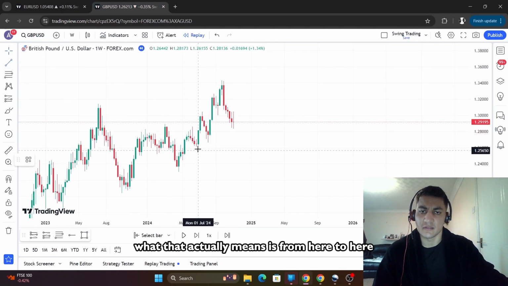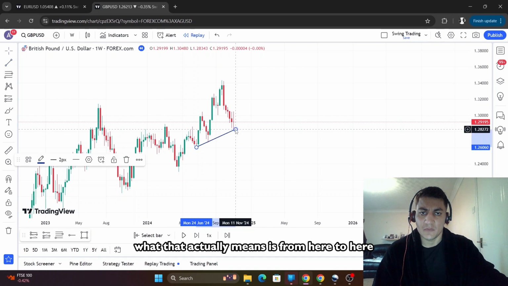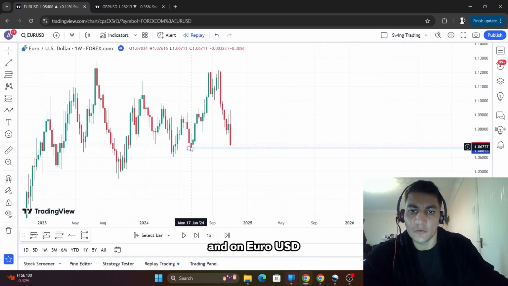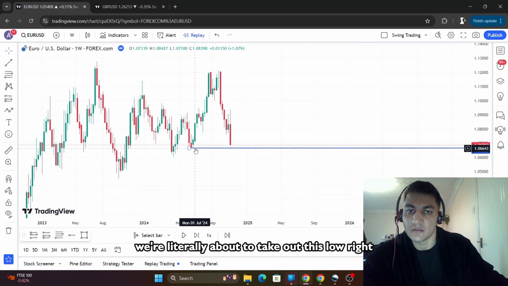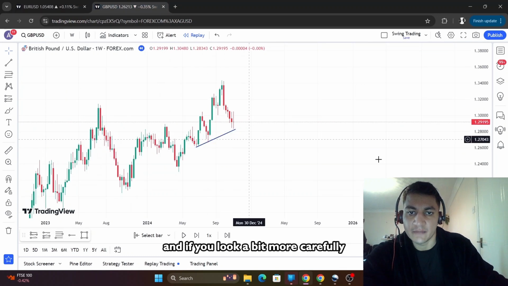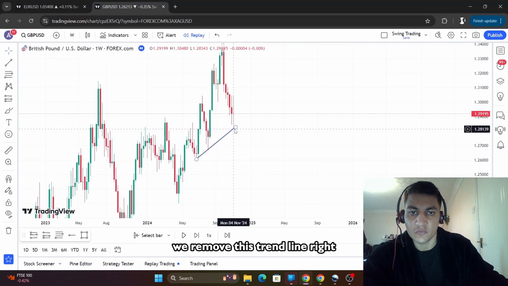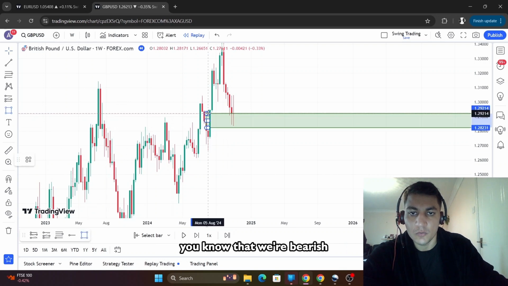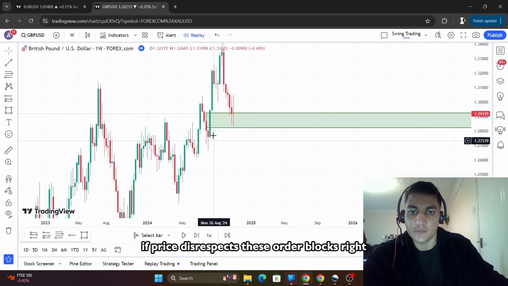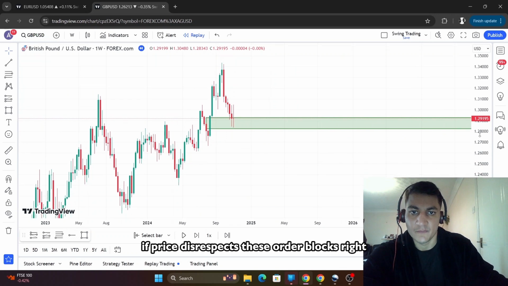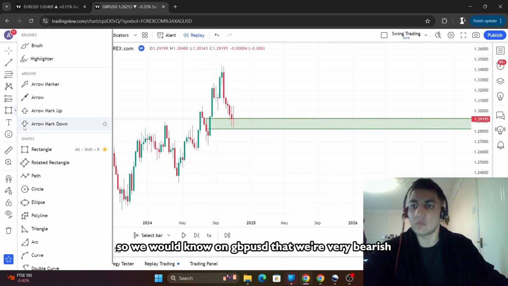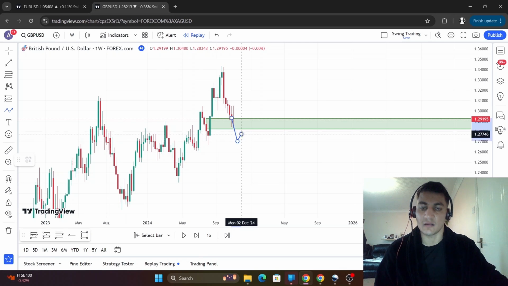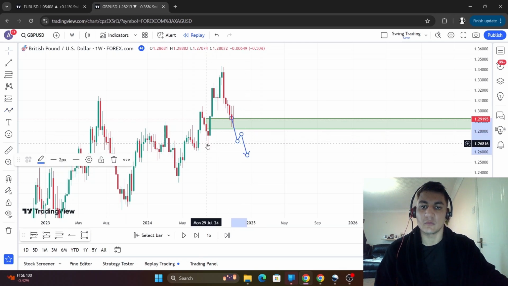What that actually means is from here to here, price refused to take out this low. It refused to take out this low. And on Euro USD, we're literally about to take out this low. And if you look a bit more carefully, if we remove this trend line, you can see, and you know how I said that we're bearish if price disrespects these order blocks, so we would know on GBP USD that we're very bearish if price does something like this. If it comes and respects it as a minor little retracement, very likely that would come and take out this